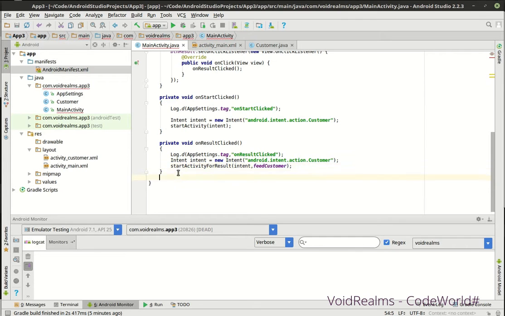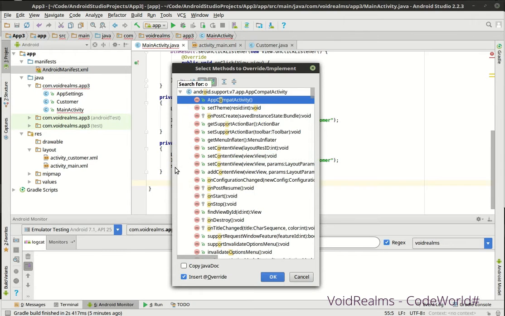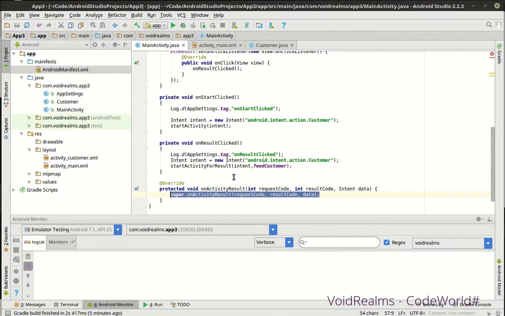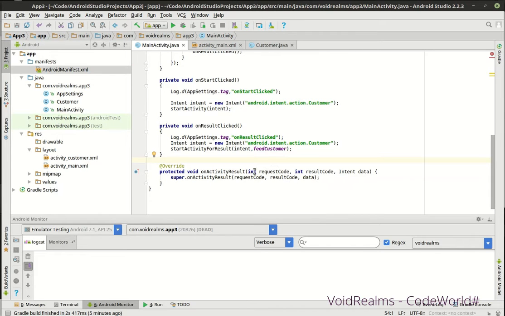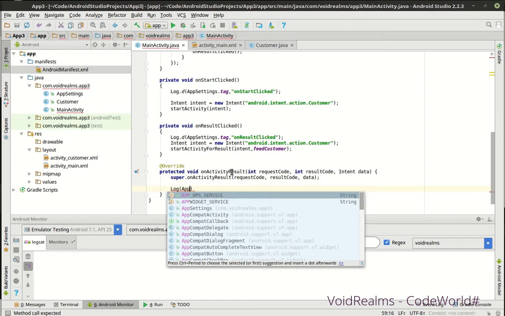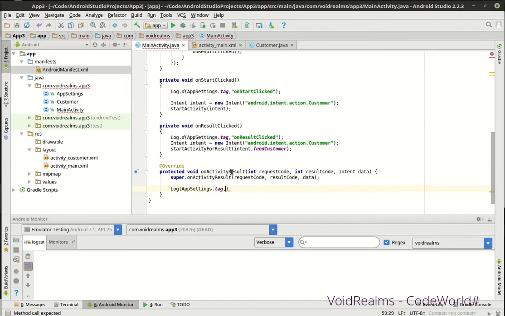The reason for that is we're going to do a Control O. We need to get an onActivityResult. So onActivityResult has got three things. It's got a request code, a result code, and an intent. There's that intent again. So what we're going to do is we're going to launch this same activity two different ways, and you're going to see exactly what happens. And we're going to actually just log app settings tag, and we're going to say,